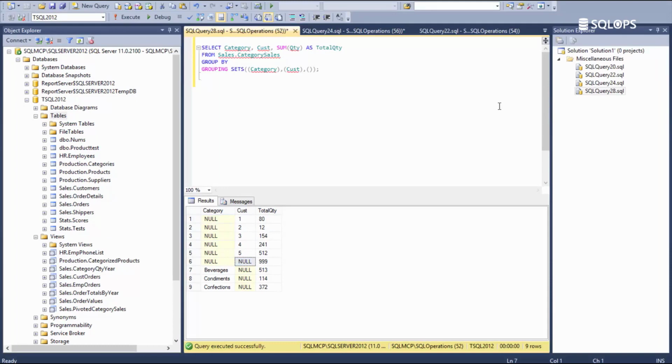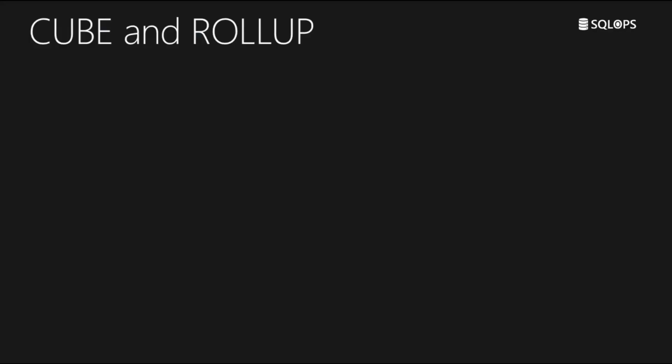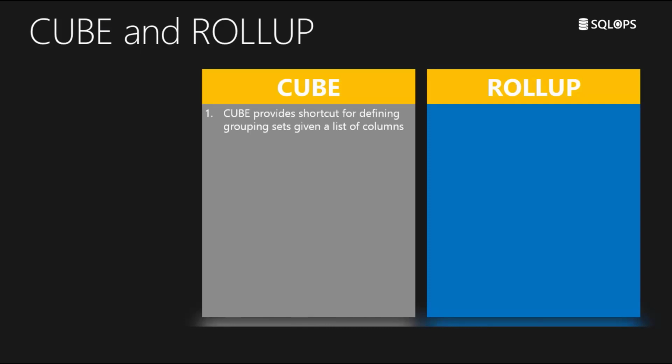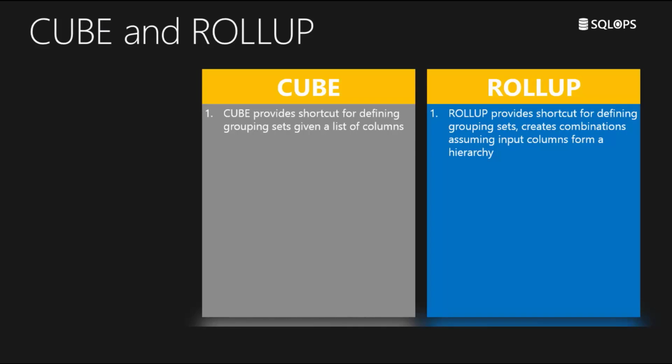So, now that we have seen how to use the grouping set subclause, let's see how to use CUBE and ROLLUP subclauses. Like the grouping set subclause, the CUBE and ROLLUP subclauses also enable multiple groupings for aggregating data. However, CUBE and ROLLUP do not need you to specify each set of attributes to group. Instead,